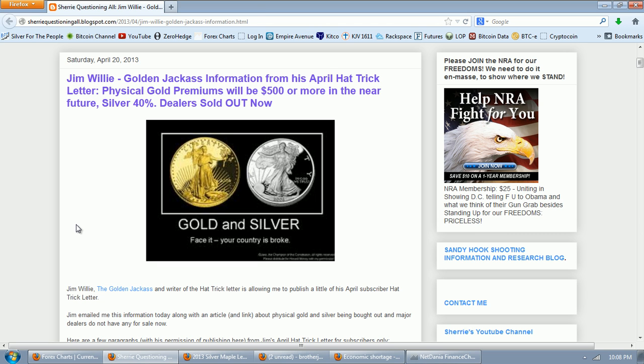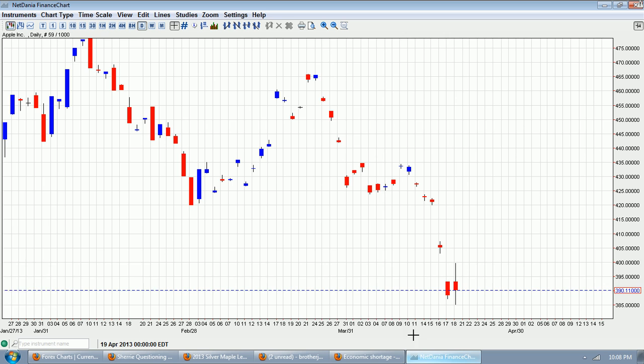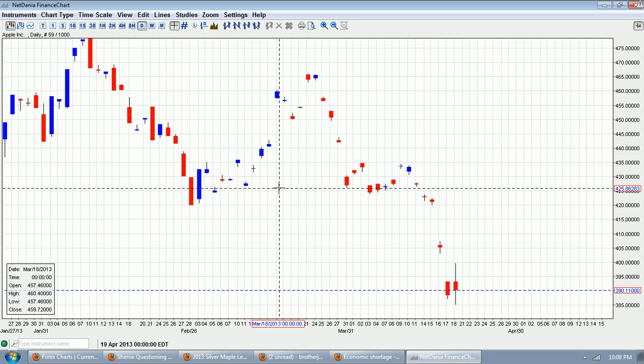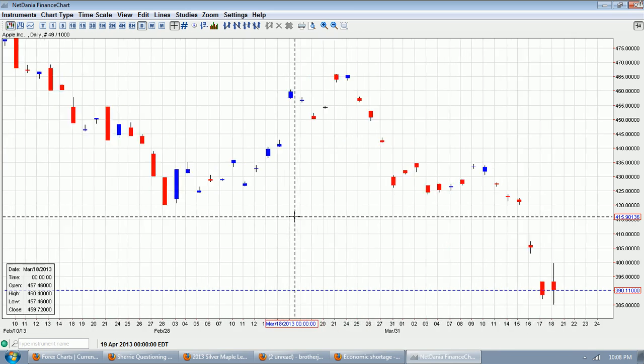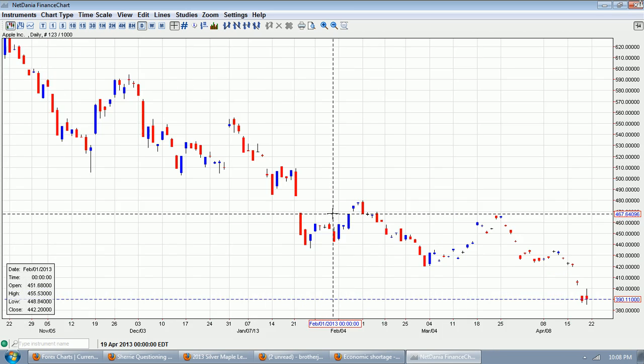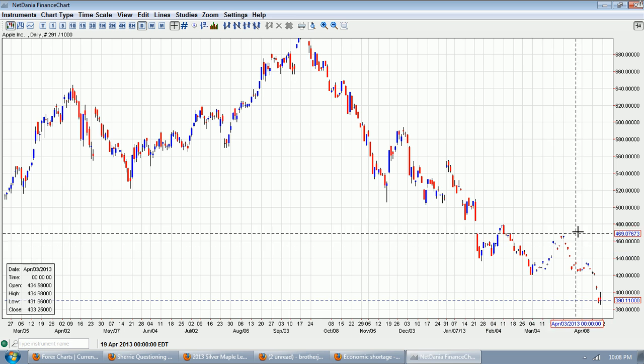The prices are being determined in a fake market, a market that has nothing to do with the amount of gold and silver that's available, because they're not selling gold and silver, they're selling fake gold and silver. So just as we see in the Apple chart, the government is propping up the price of a fake market, an asset that no one wants, a piece of paper that is essentially worthless when this entire system collapses.